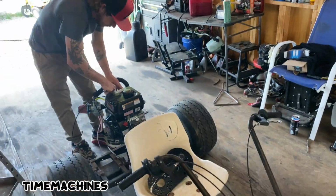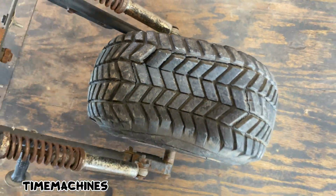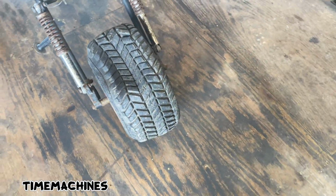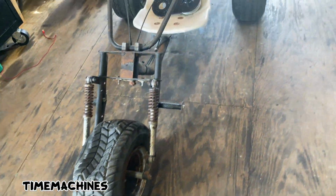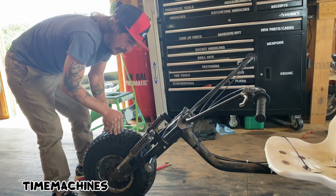Blake's gapping the plug, and he thinks this tire's good for, he thinks she can get her going 50 plus. We're gonna put air in the tire, but I don't know, boys. Well, I want to do 60, but